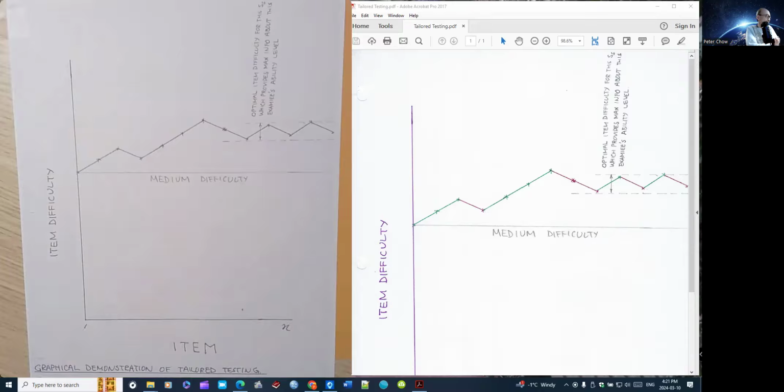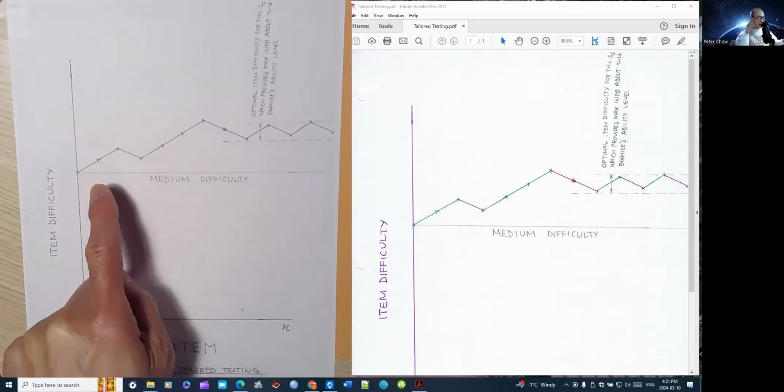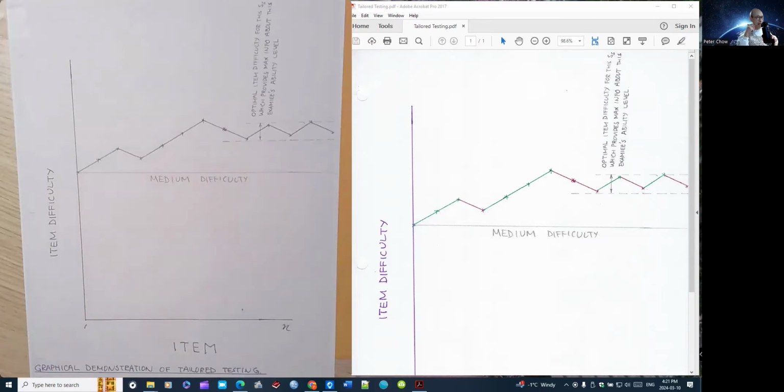And of course, at the very beginning, back in the 70s, this is the idea behind tailored testing. We are still using tailored testing, but at a more advanced level. Now we call it CAT,